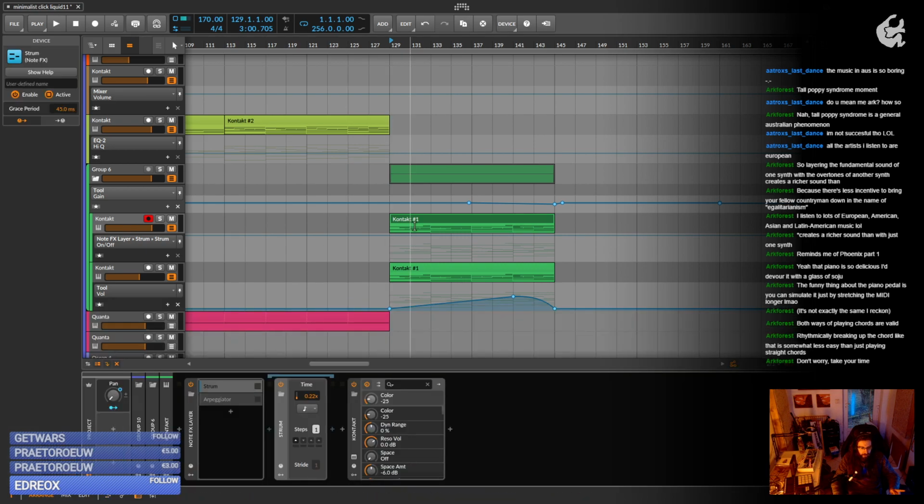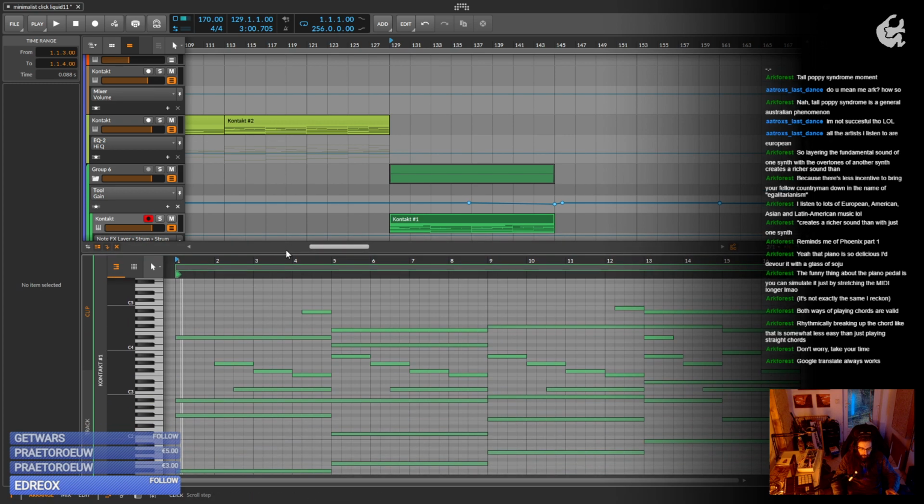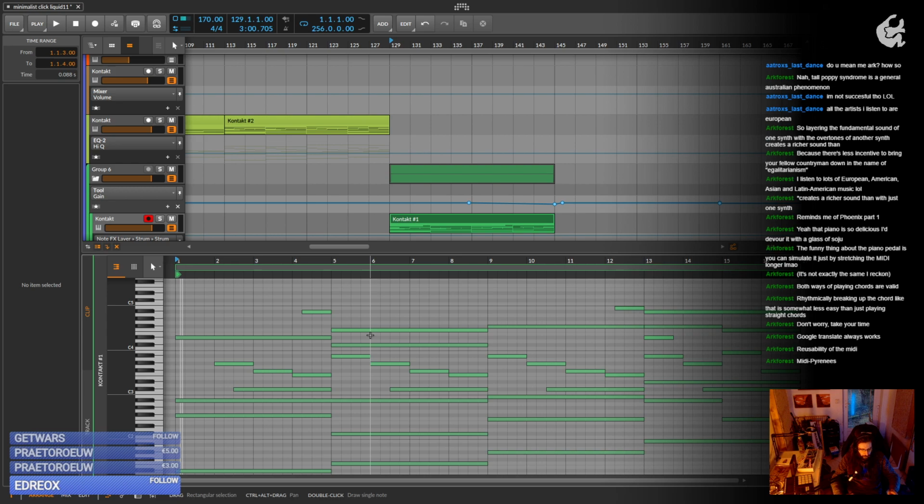Another thing I did with the piano is, if you don't record the piano itself, Google Translate always works. Yeah, that's true. I should try this. Yes, reusability of the media is a factor for sure, because this is something